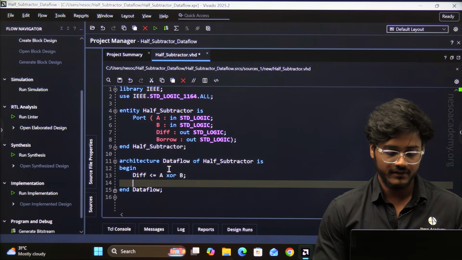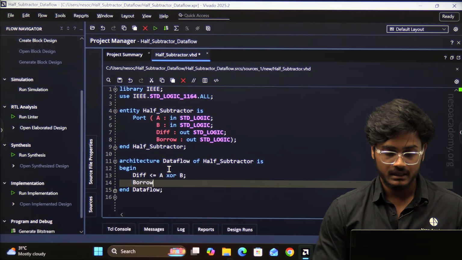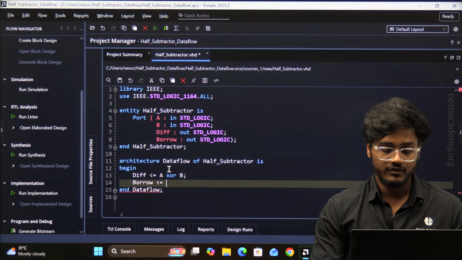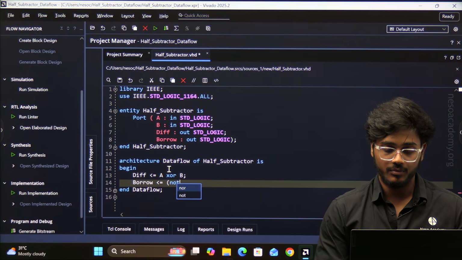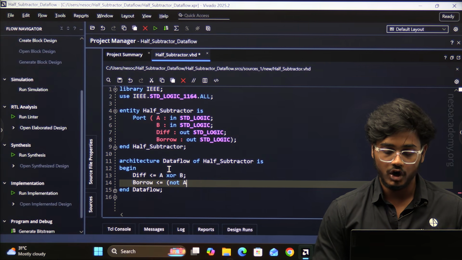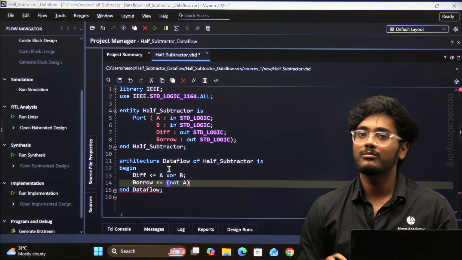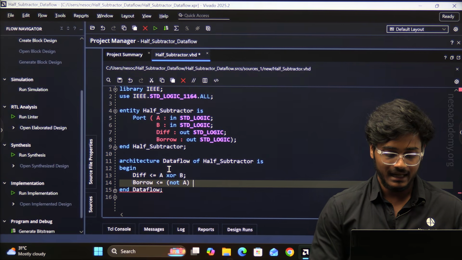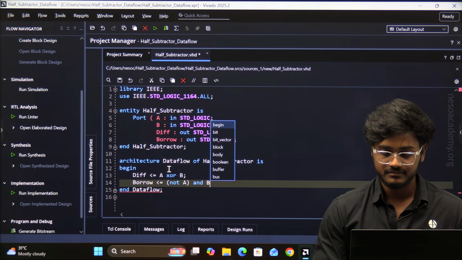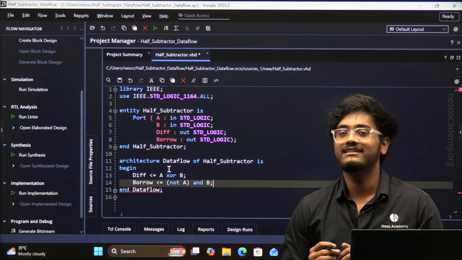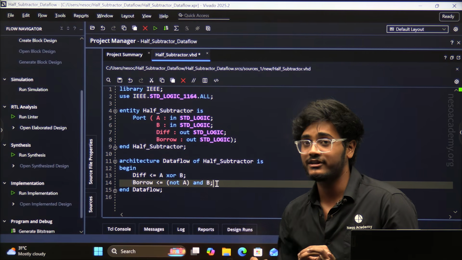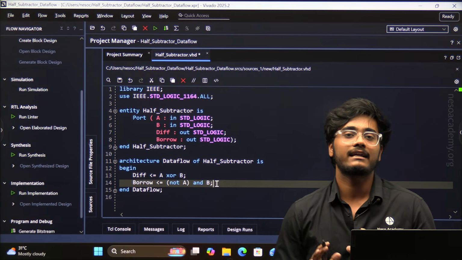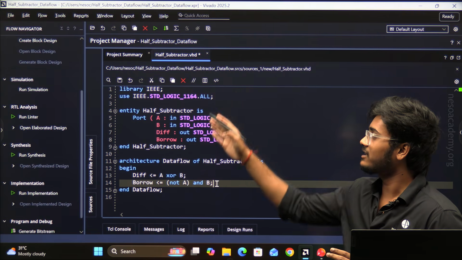So in the next line I will write borrow is assigned, inside the parenthesis, first I will take A complement with the help of the NOT operator. So I will write NOT A. Then we will perform the AND operation and B, semicolon to end the statement. So these are the two Boolean expressions for the half subtractor, and I hope you understand the data flow modeling